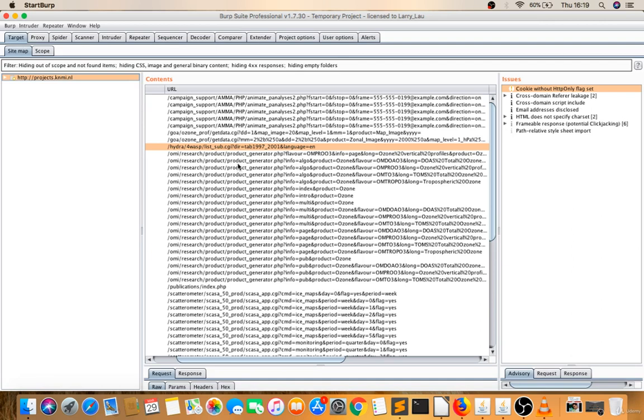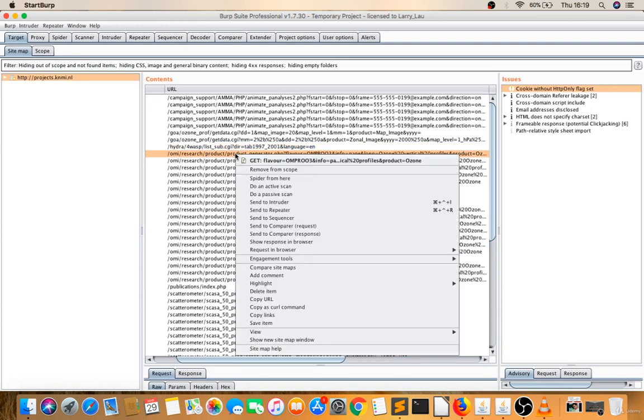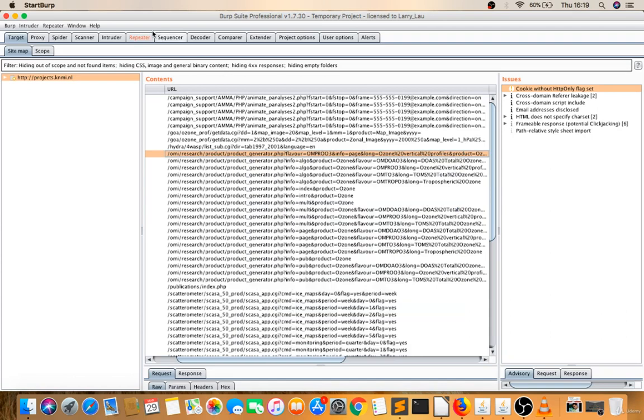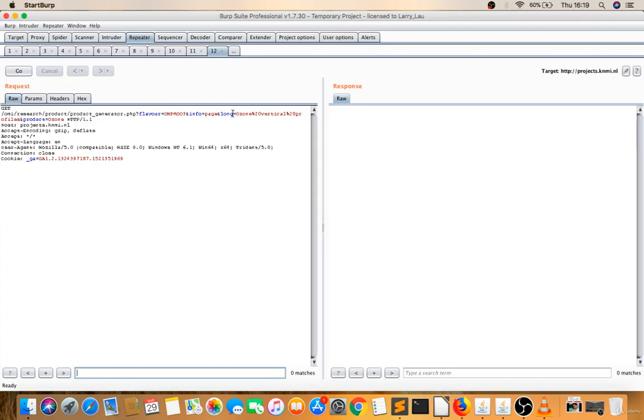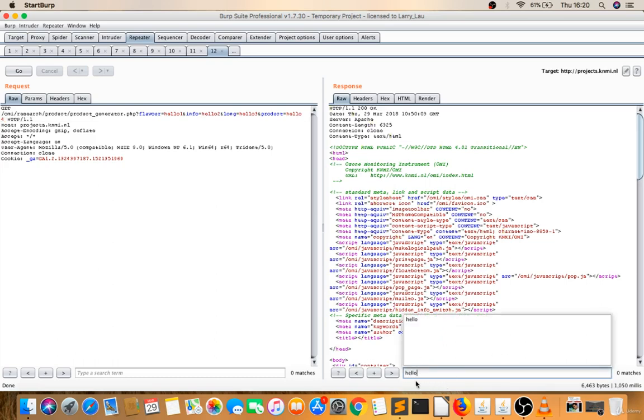See, there may be multiple cross-site scripting vulnerabilities in the same website. You only found one. Let's try on this website now. This may be vulnerable. Let's try. Right click, send this to repeater. See, there's a lot of info. So 1, 2, 3, 4 parameters. Just give hello 1, hello 2, hello 3, and hello 4 as values on all the parameters. Because I don't know which one is vulnerable, and none is reflecting, so this may be not vulnerable.